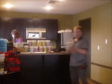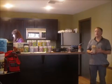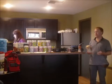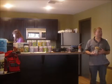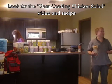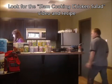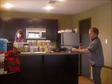This is a chicken salad that you don't even have to cook, you just add water to. If you like your vegetables tender, then you'll boil the water and dump it in there and cook it for 5 minutes. And that will actually cook the onions and celery. But if you like your vegetables crisp, then you just use room temperature water to make the chicken salad. And so we have some chicken salad that we made up yesterday, and we'll let you try that. And then I'm going to put...